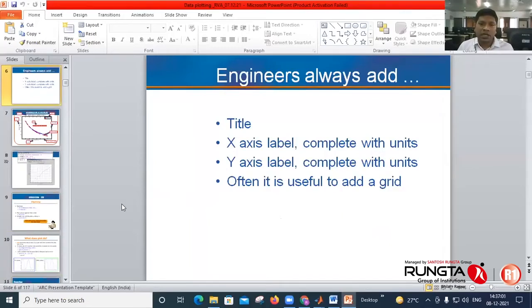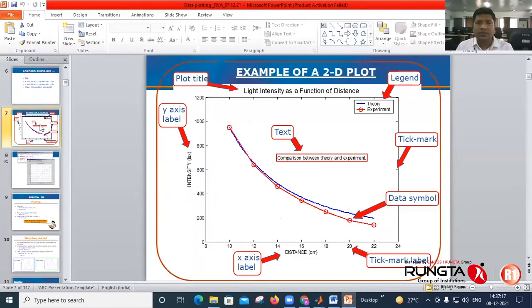Engineers always add a title, an x-axis label, the name on the x-axis and what is on the y-axis, and sometimes grids are also added. So this is the graph which is required, like a 2D plot. You require a plot title, a y-axis label, an x-axis label, then the data symbols, and some text and legends.